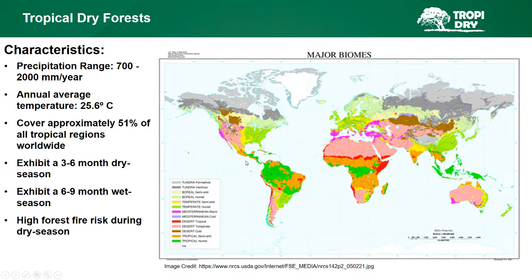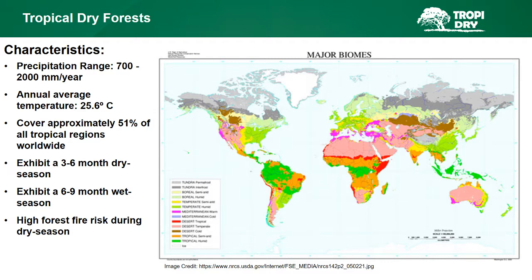In the Americas specifically, we can see that they occupy a lot of the Pacific region of Central America here, and they used to extend down even further along the Pacific coast here, right down to the tip here of Peru. And we can see that even surrounding the Amazon, we have a lot of this tropical dry forest that still exists. So, what makes tropical dry forests unique is that they go through a dry season for 3